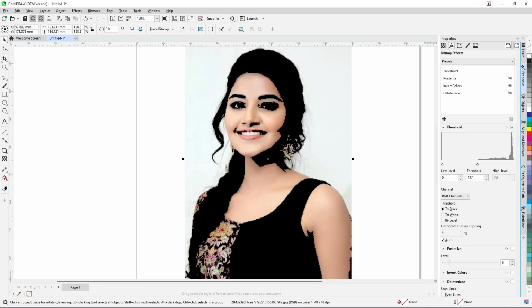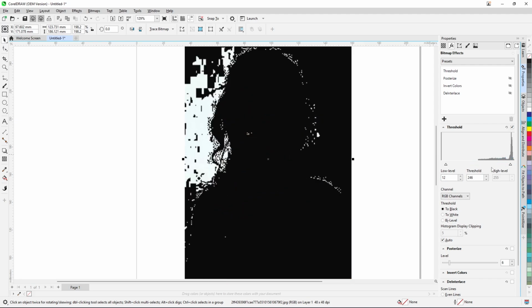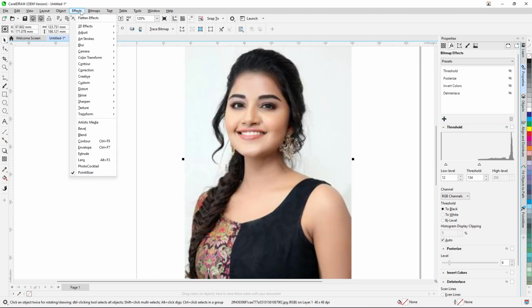Threshold, the threshold value, right? So here we have the threshold value, low level, and the threshold value, the amount here, it is a high level, right? So you can increase and decrease this and change these values. You can even add this threshold, medium and low, and this is the high, because when you reach here, it is showing the black, right? So uncheck this one, and from effects again,